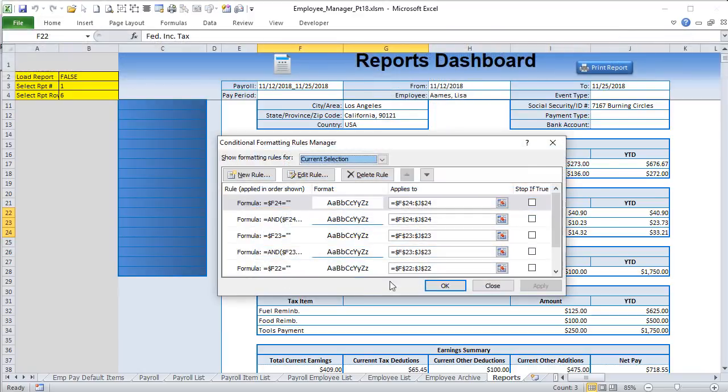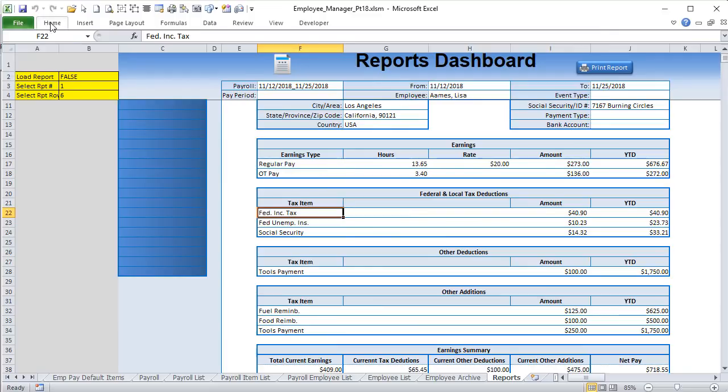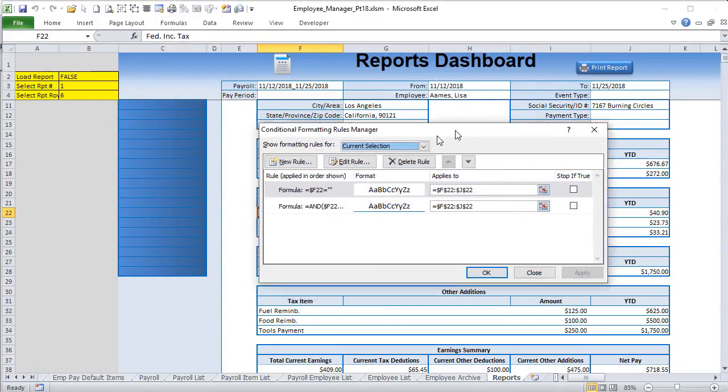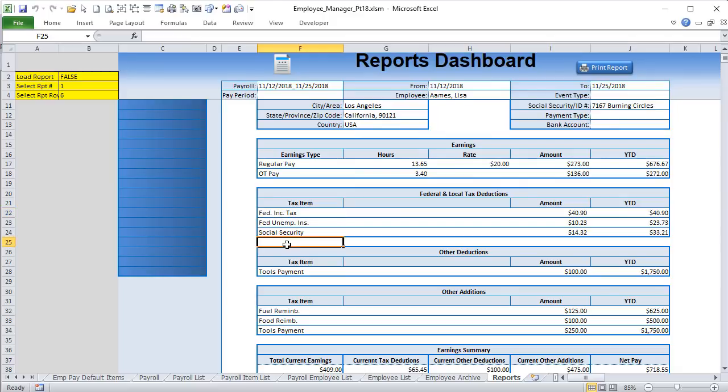There's multiple ones here because we've copied. I'm just going to select one row here. That's much easier. Conditional formatting, manage rules. Let's take a look at these 2 rules. All right, there's just 2 rules we're focused on. Basically, what I want to know is this. If there's no data here, I want to make sure there's no left and no right border. If there's data here and data here, color this line a thin